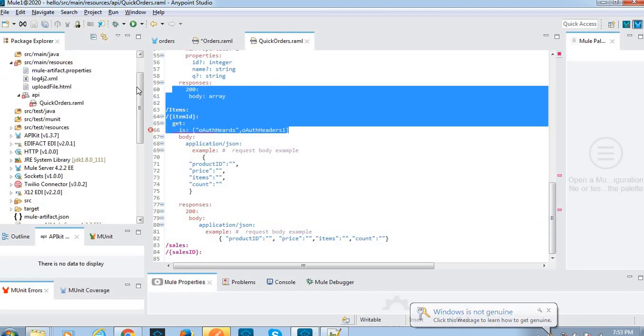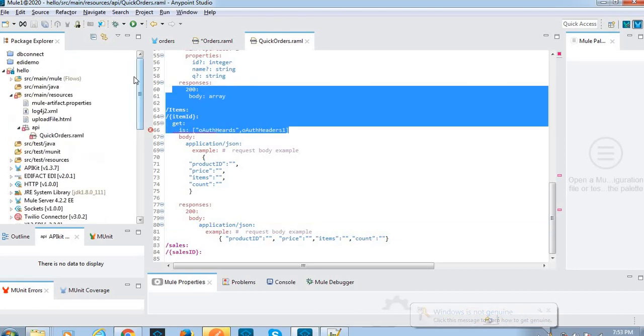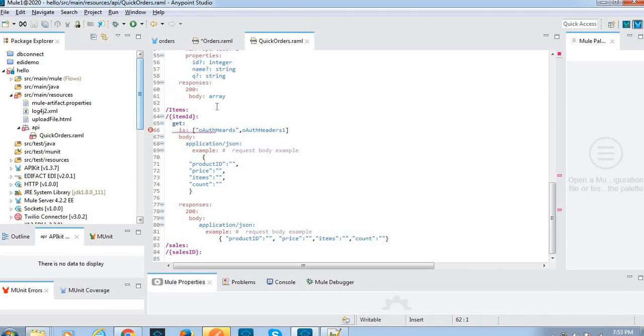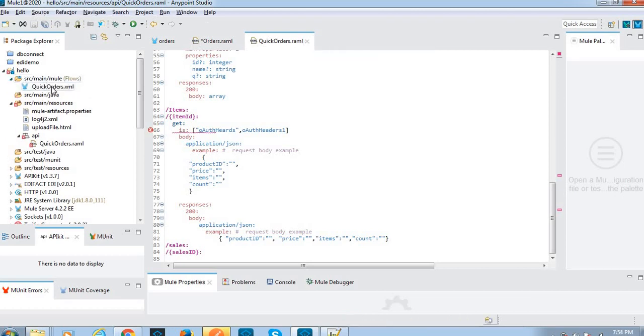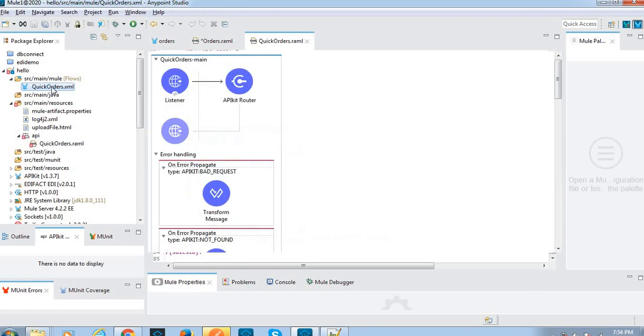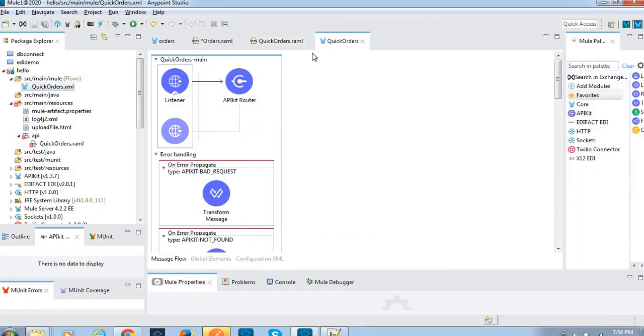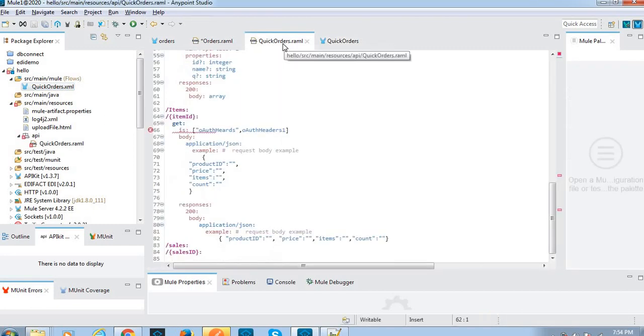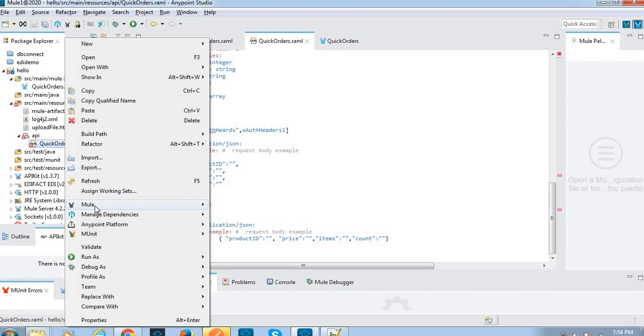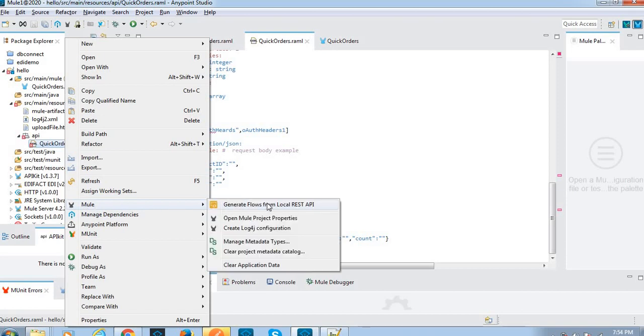Let me show you what we do after creating this. Come here, and this is the quick orders we have. Based on this RAML, we right click on the RAML and come here to Mule, and generate flows from local REST API.